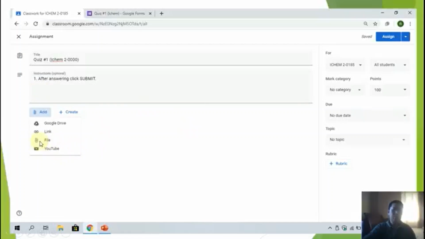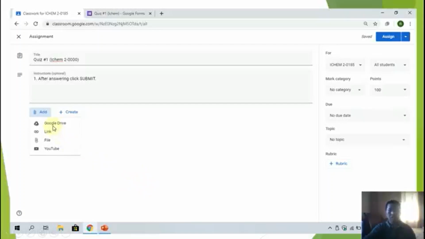You can use this, which is a quiz from your computer, but now we are using the Google Drive, or the Google form, which is saved in your Google Drive, to create a quiz or exam.